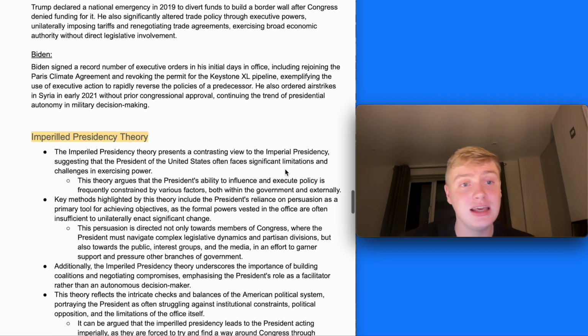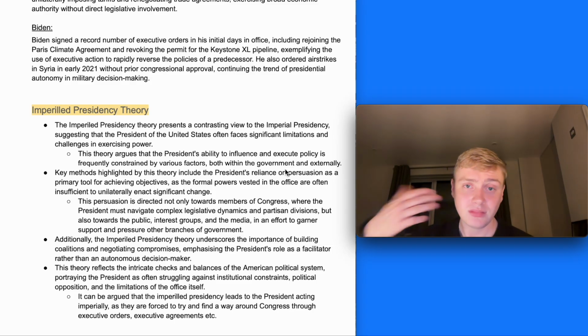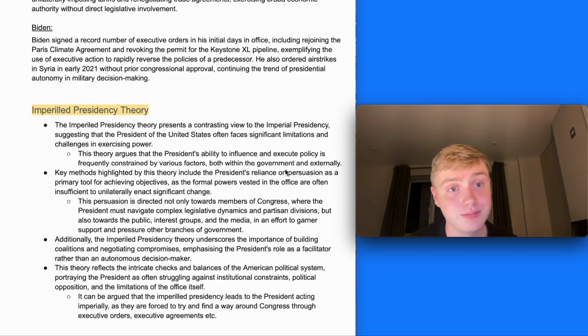In terms of Biden, he signed a record number of executive orders in his initial days in office, including rejoining the Paris Climate Agreement and revoking the permit for the Keystone XL pipeline. That shows how executive orders can be used to rapidly reverse the policies of a predecessor. He also ordered airstrikes on Syria in early 2021 without prior congressional approval, continuing the trend of presidential autonomy